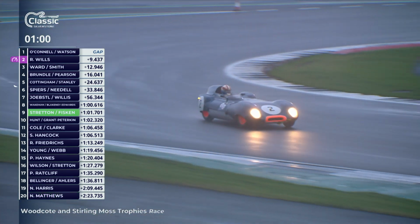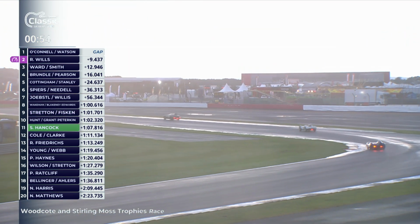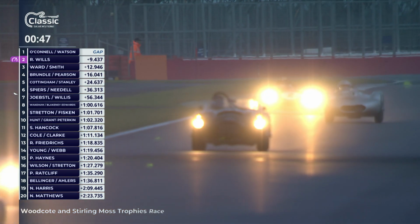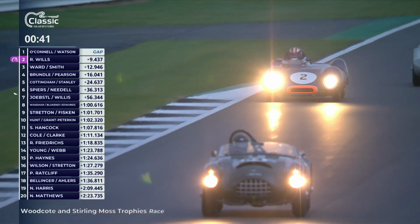Third place, looks as though the podium in the Stirling Moss Trophy is still going to go the way of Rob Smith and Chris Ward in their Lister. The Brundle Pearson car a little bit further back in 4th place. Then a couple more cars in the Stirling Moss Trophy down to 6th place, but then the leading car in